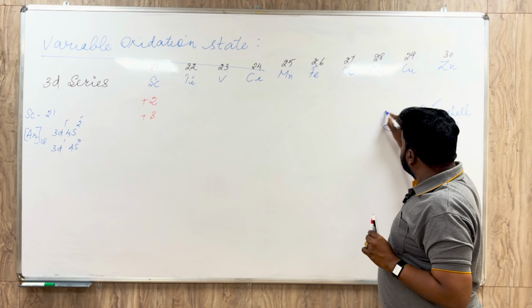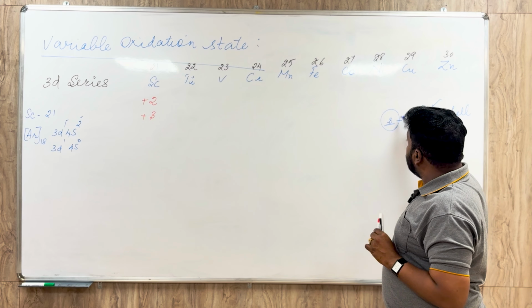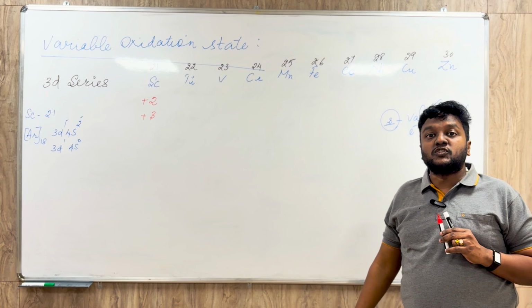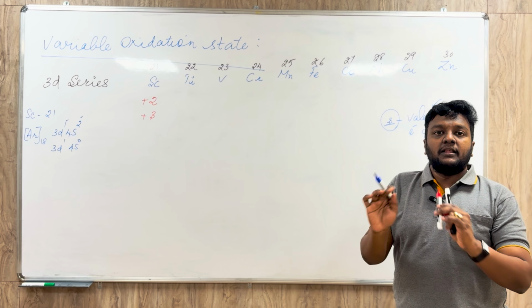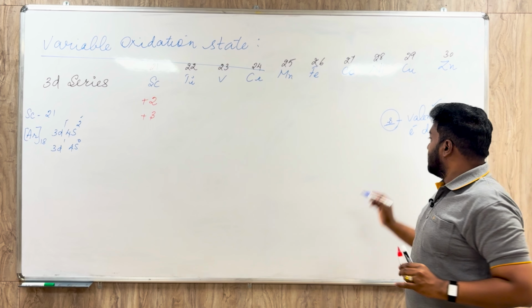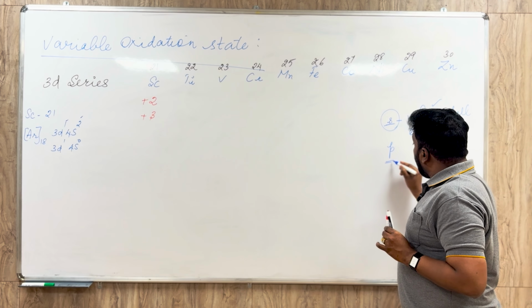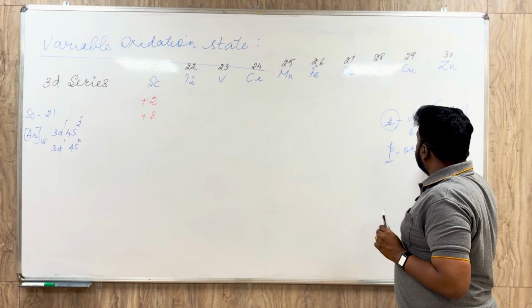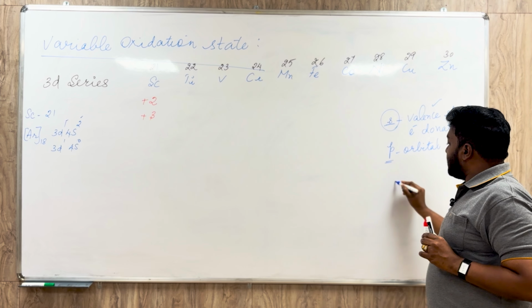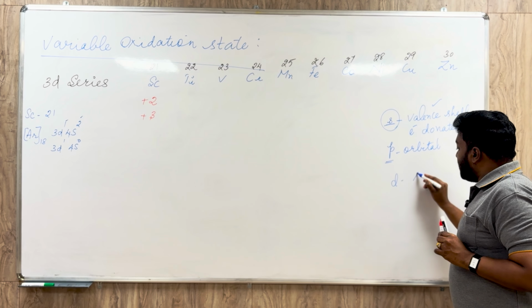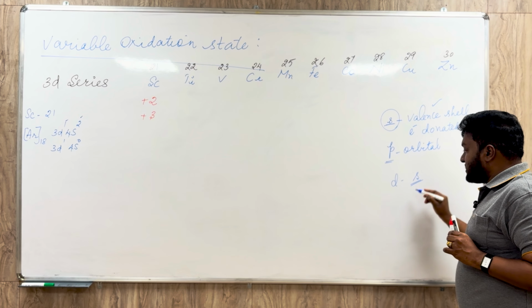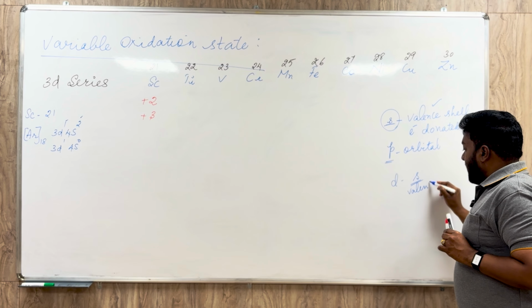Similarly, in the case of the P block elements, the P orbital alone is involved in the bond formation, whereas in the case of D block elements, the S orbital, which is the outermost shell called the valence shell, and